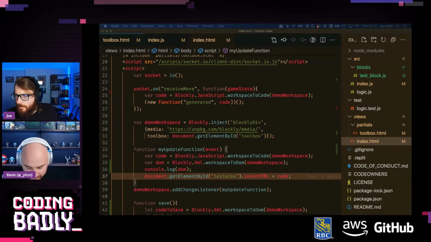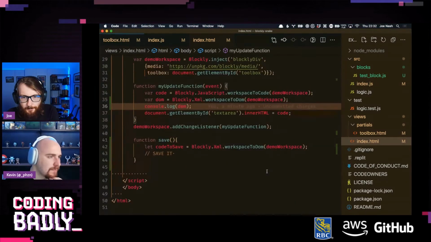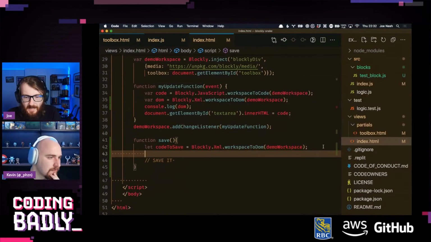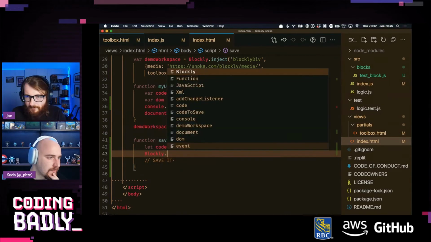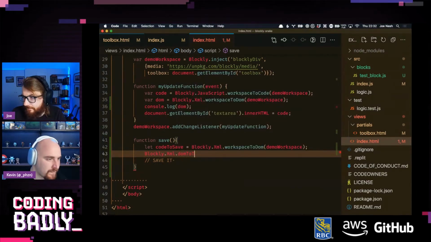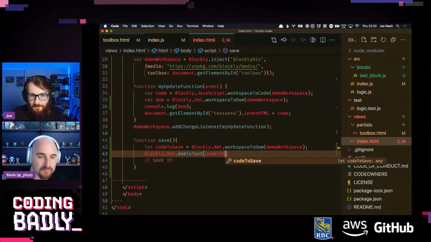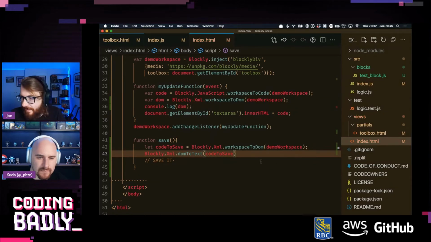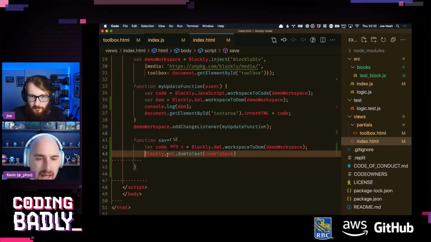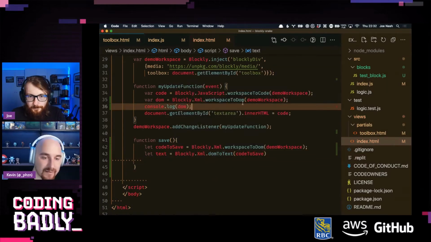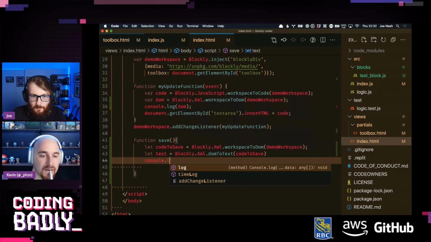Actually, looking at what I'm looking at, I think there's a Blockly function for this. I believe we have it on the reference. I'll take your word for it. So we can use that. So save that to a variable text, cool. And then instead of console logging DOM, let's run save, pass in DOM, and then just make sure there's a parameter on line 41.